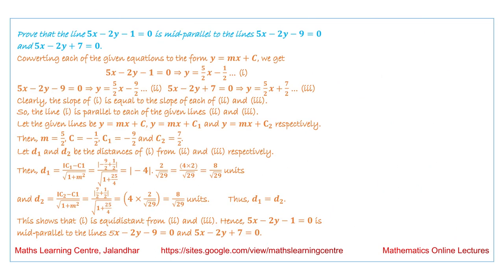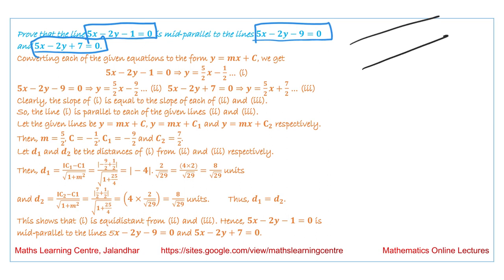Next is prove that the line 5x minus 2y minus 1 equal to 0 is mid parallel to the line this and this. Mid parallel to the line means, these are the two parallel lines given to us, and a mid parallel line is a line which is parallel to both these lines, and the distance between all these lines is equal. The distance of this line L3 from L1 and L2 is equal, or we are saying this L3 is passing from the middle of